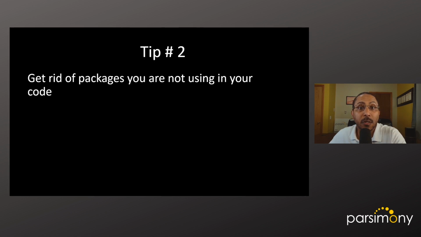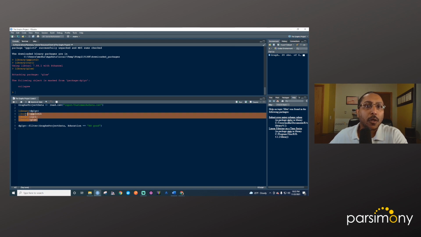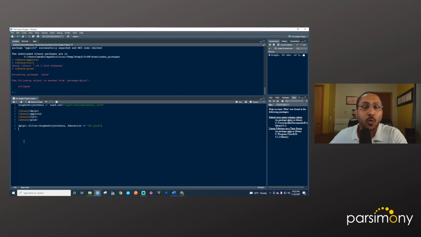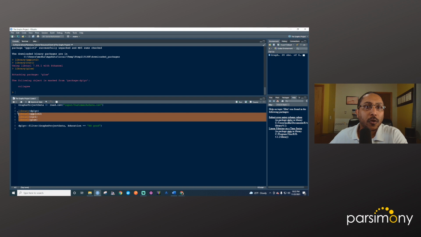The second tip is somewhat related to the first tip. Get rid of packages you are not using in your code. Here's what I mean by that. Now let's say you spent a lot of time writing a whole bunch of code. It was much longer than this, but you started out by loading a whole bunch of different packages you thought you were going to need, and maybe at some point you were using some of those functions, but you decided you didn't need to. Don't just leave this code here for all of these packages that are loading